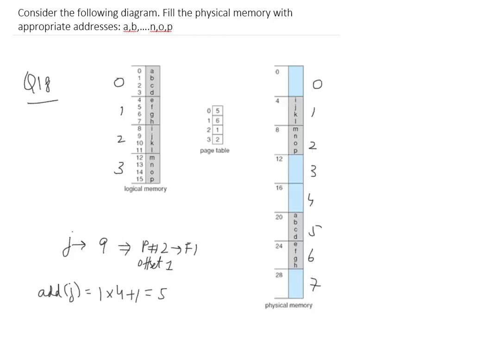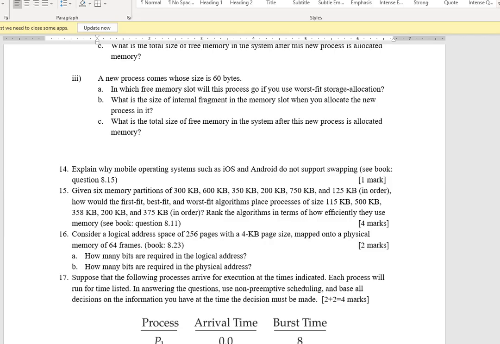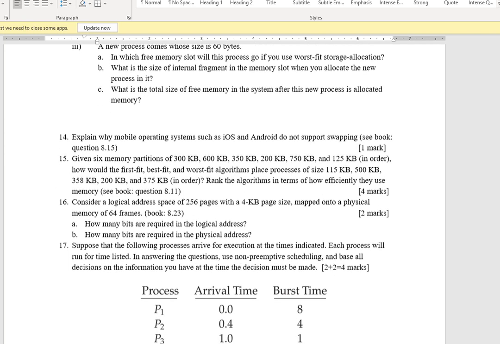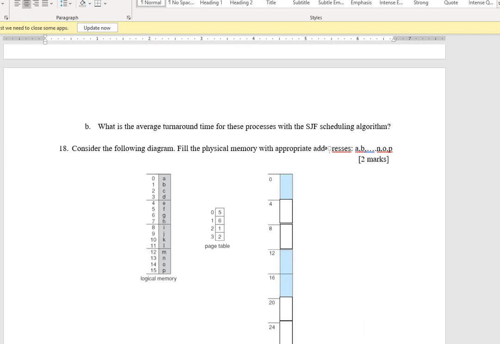Finally, question number 18. Question number 17 is about processes. You should know this. Question number 18 is that you have physical memory and there are addresses A to P. How can you assign those addresses to physical memory? So this is logical memory from 0 to 16. These are 4 pages. Each page is 4